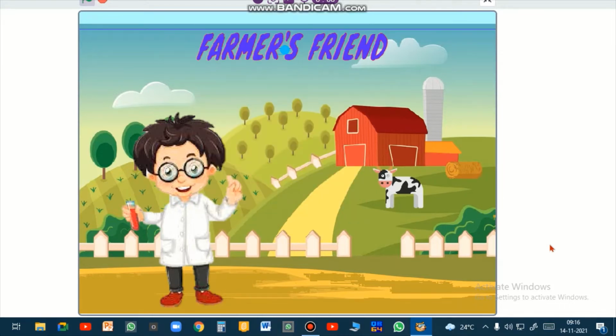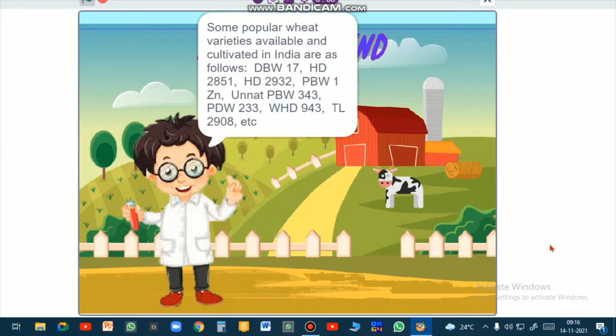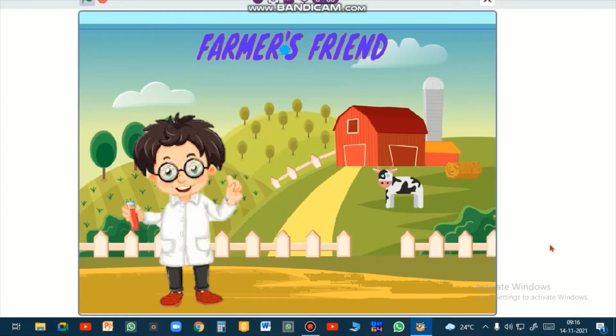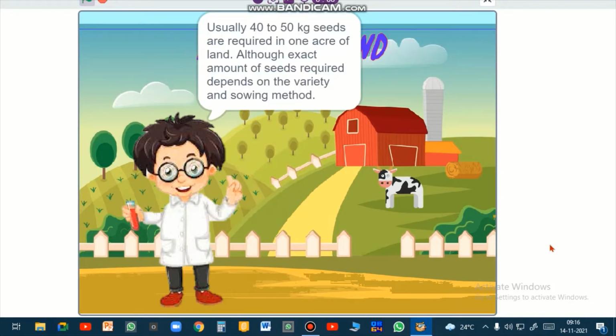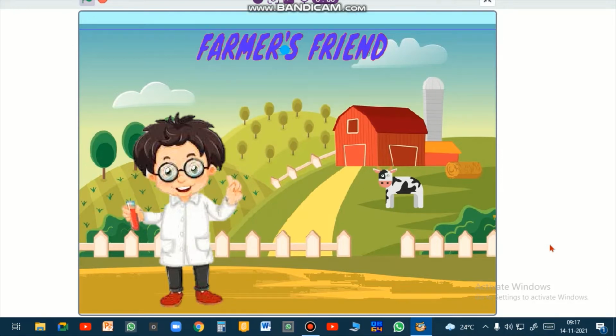Some popular wheat varieties available and cultivated in India are as follows: DBW17, HD 2851, HD 2932, PBW1ZN, UNNAT PB. Usually 40 to 50 kilogram seeds are required in 1 acre of land, although exact amount of seeds required depends on the variety. The most commonly used insecticides against insect attack during wheat grain storage are organochlorines, organophosphates, and